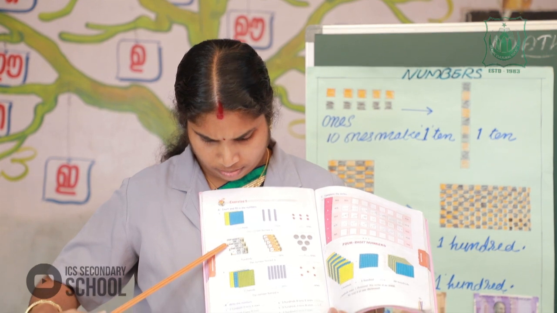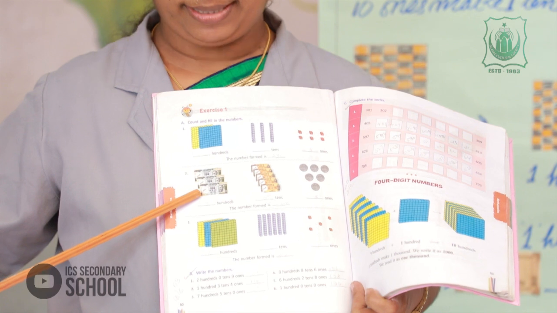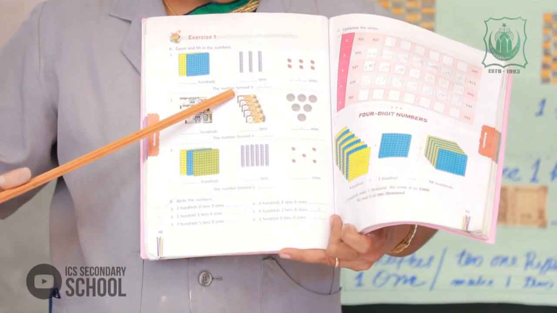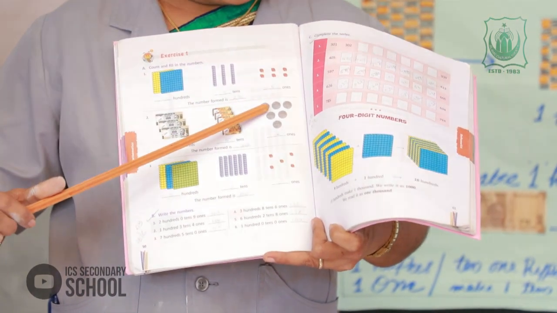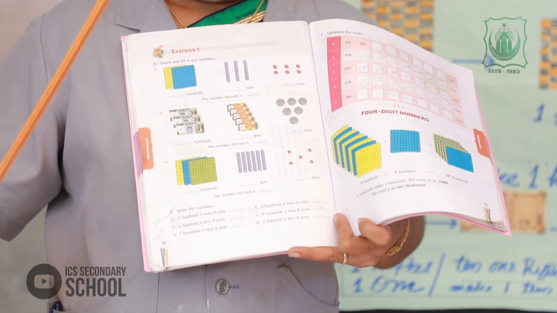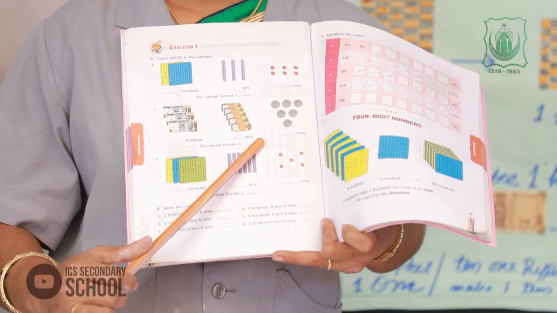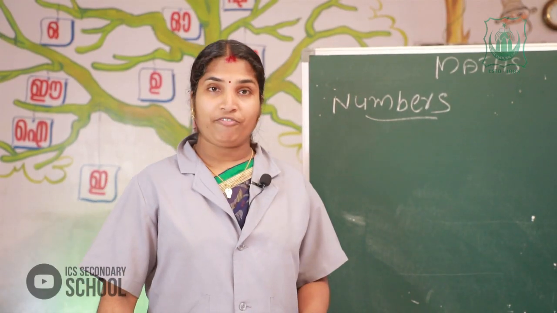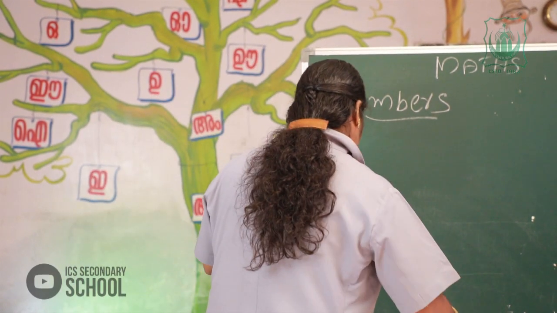Second one. How many 100 rupees are there? 1, 2, 3. 300. We write 300. Then 1, 2, 3, 4, 5: 5 tens. Next coins: 1, 2, 3, 4, 5, 6. 6 coins, 6 ones. The number formed is 356. Okay. Listen, in your textbook page number 15, exercise number B. Okay. Write the numbers.